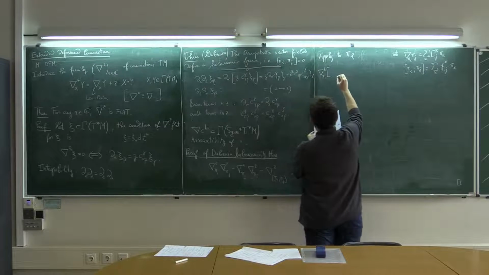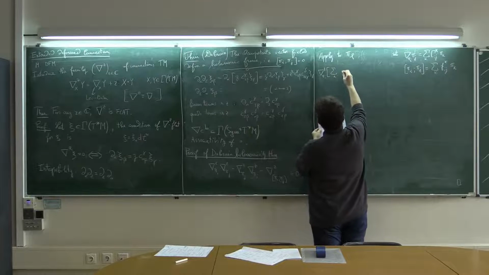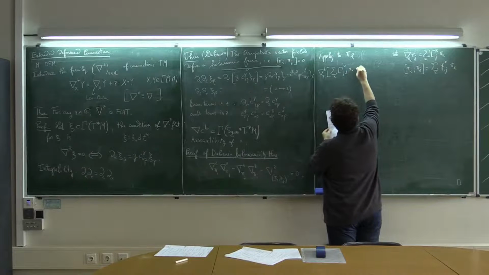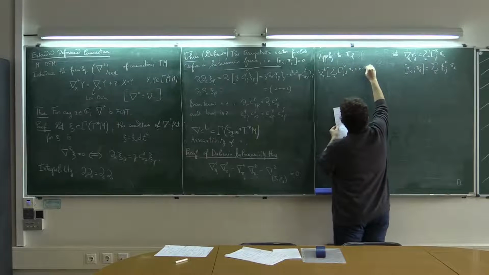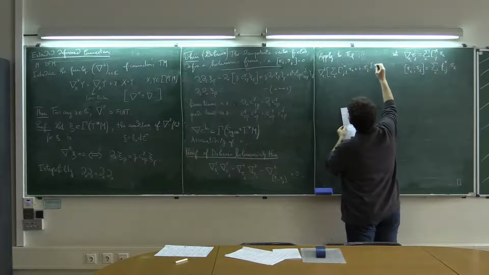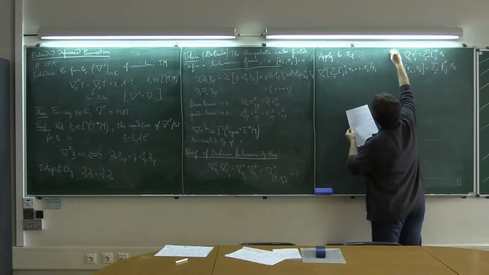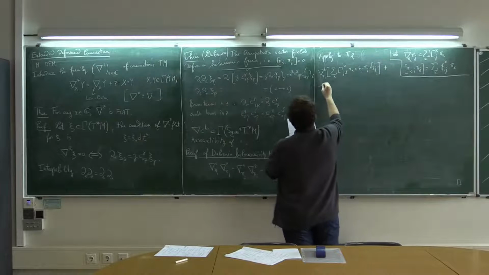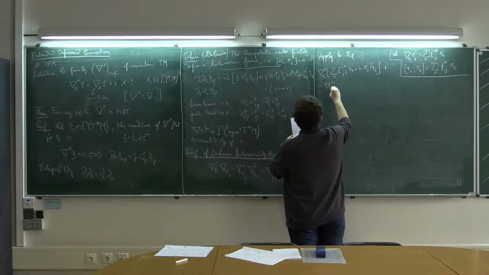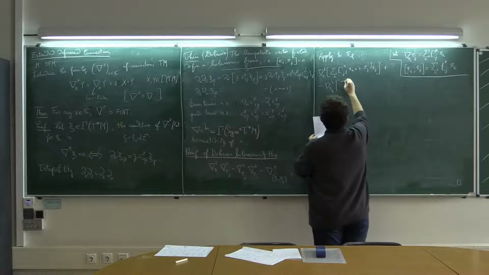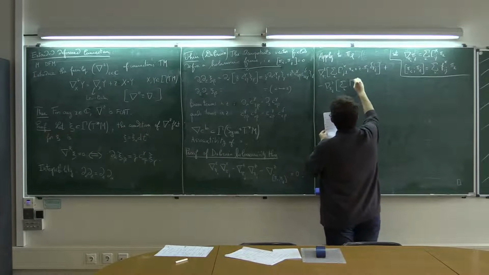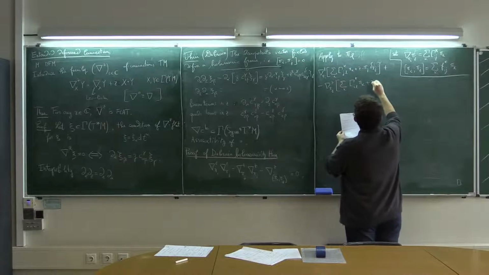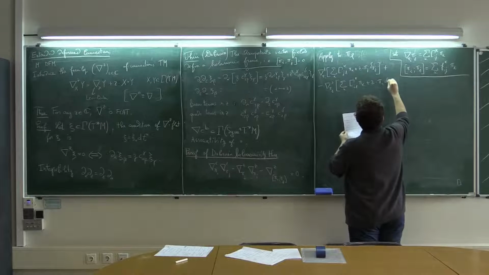Nabla z pi i, sum over k gamma jlk pi k plus z times pi j delta lj, nabla z pi j, sum over k gamma ilk pi k plus z times pi i delta li,